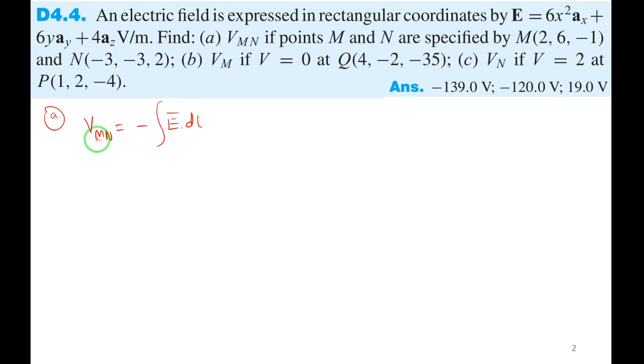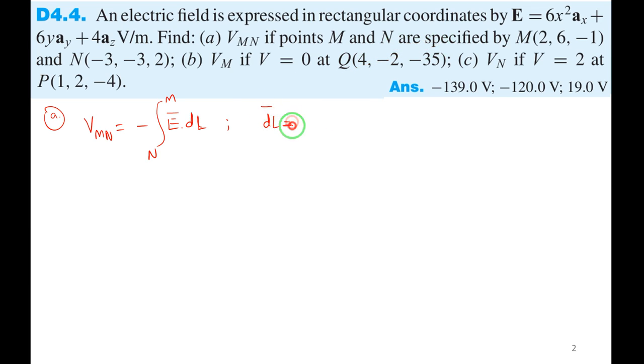Then for Vmn, which is the initial and which is the final position? N is the initial position and M is the final position. So N to M. Always we write Vmn: M is the final position and N is the initial position. Final position, comma, initial position, right? Yes, E is given, right? So then